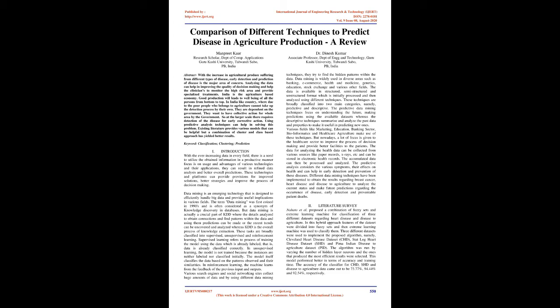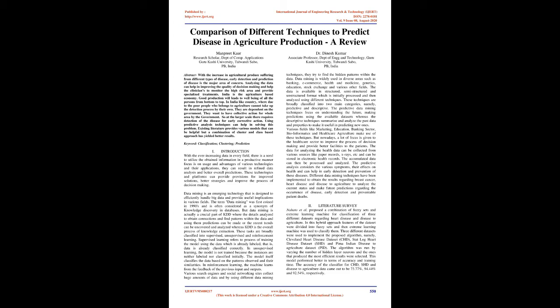Various search engines and social networking sites collect huge amounts of data, and by using different data mining techniques, they try to find the hidden patterns within the data. Data mining is widely used in diverse areas such as banking, e-commerce, health and medicine, genetics, education, stock exchange, and various other fields. The data is available in structured, semi-structured and unstructured format, which is initially processed and then analyzed